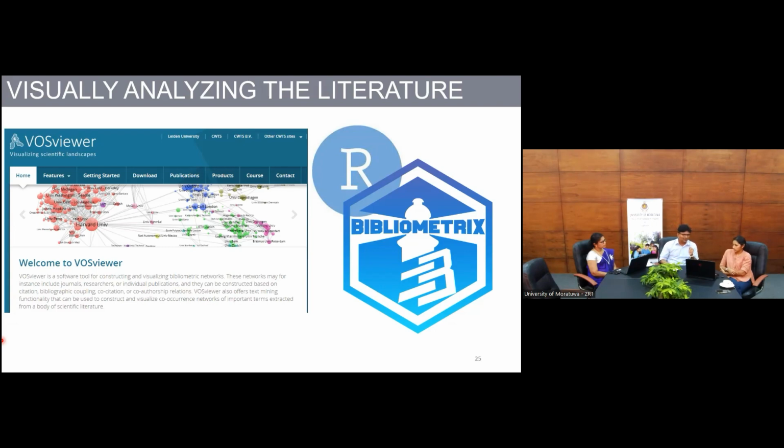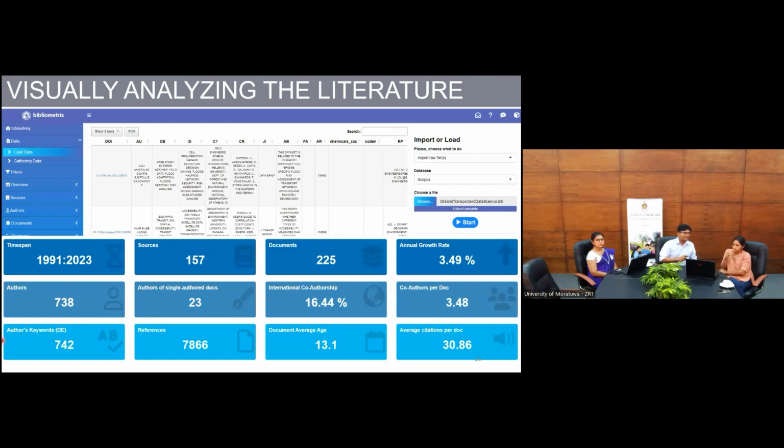I'm not going to go into details about it, but if you install it, you can use the Bibliometrix package to visualize the data. For this discussion, since VOSviewer is standalone, you can go to the website and read about it. I will stop there, but I'll focus more on Bibliometrix because I use it a lot. Some of the visualizations that I have done, I can show you here so that you can get an idea of what you can do with it.